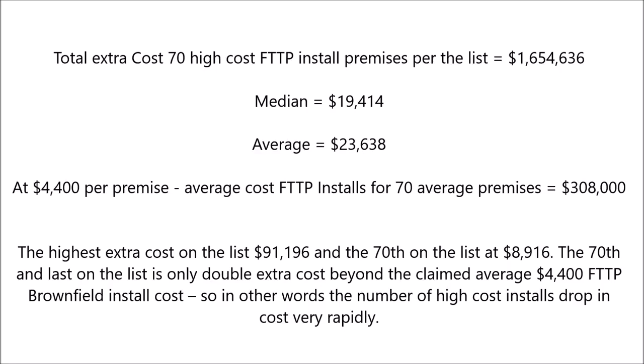even for 70 properties. Yes, there are a few very high cost installs, but the median extra cost of these 70 installs is $19,414, and the average is $23,638, with the highest extra cost on the list $91,196, and the 70th on the list at $8,916. The 70th and the last on the list is only double the extra cost beyond the claimed average $4,400 FTTP